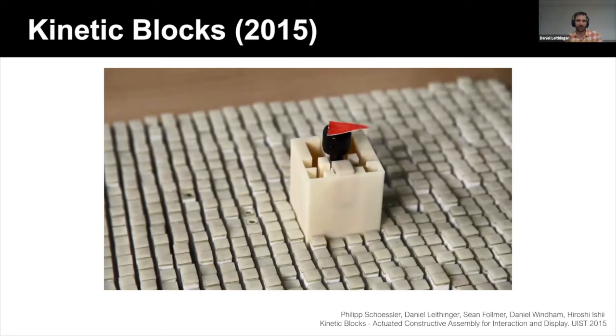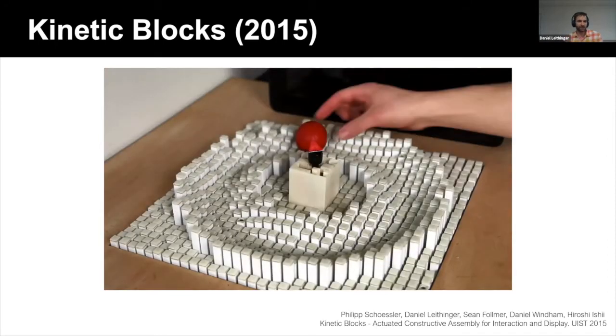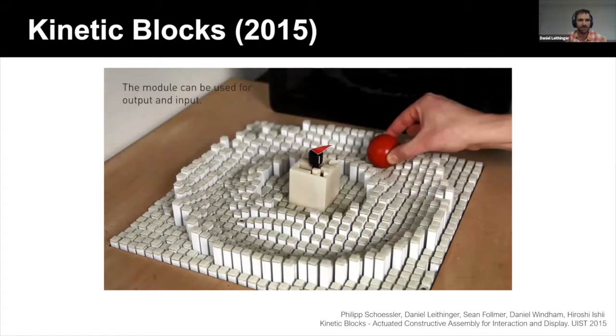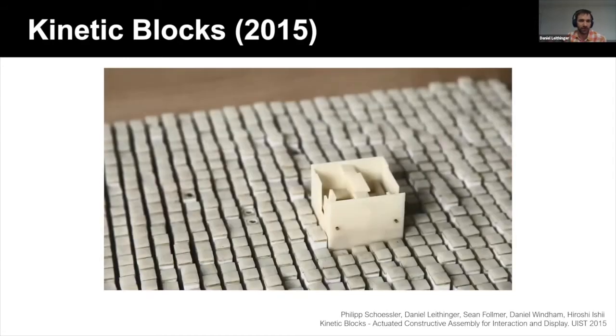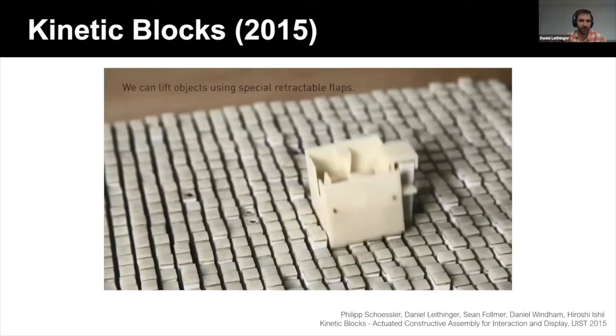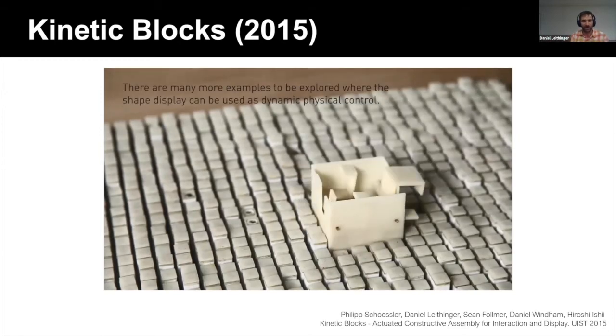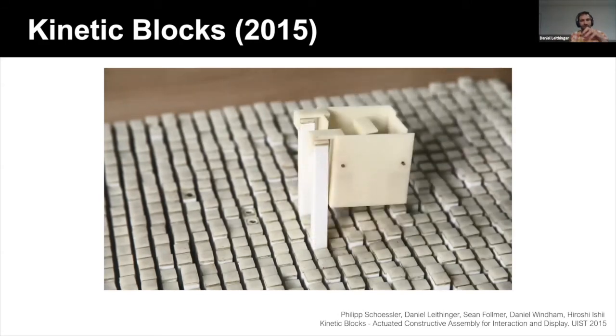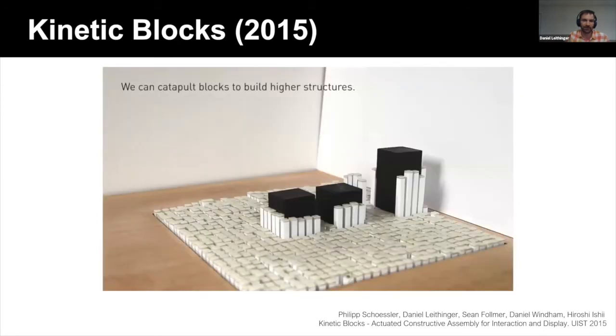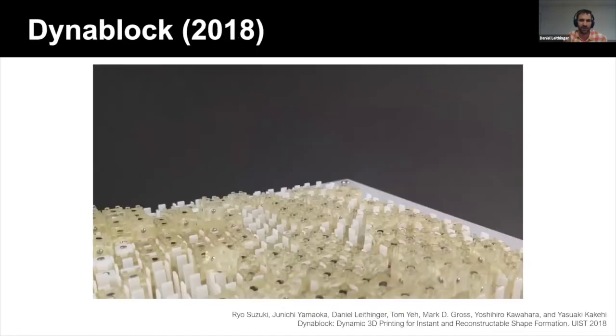Amongst the most powerful ideas that we explored. So these shapes are still pretty low fidelity, but they're quite expressive. You can do a lot of things here. Beyond these simple blocks that you saw earlier, there were actually a whole range of active blocks. So this idea, could we make blocks that have other outputs, where you translate the pins to rotate, and these connected blocks that have embedded magnets, so they can actually attach to each other and build more complex